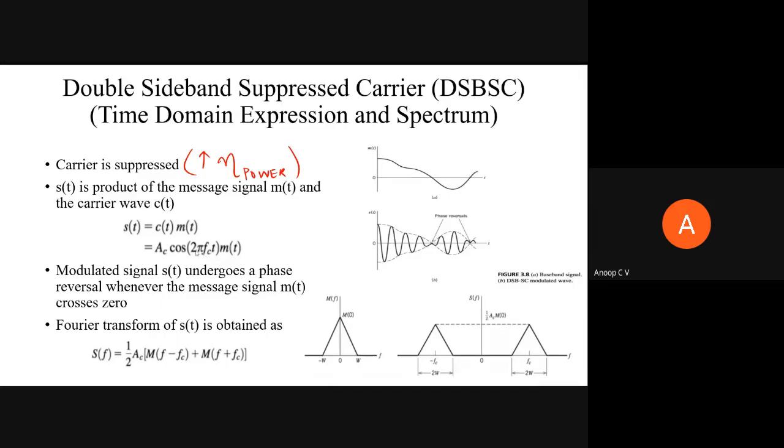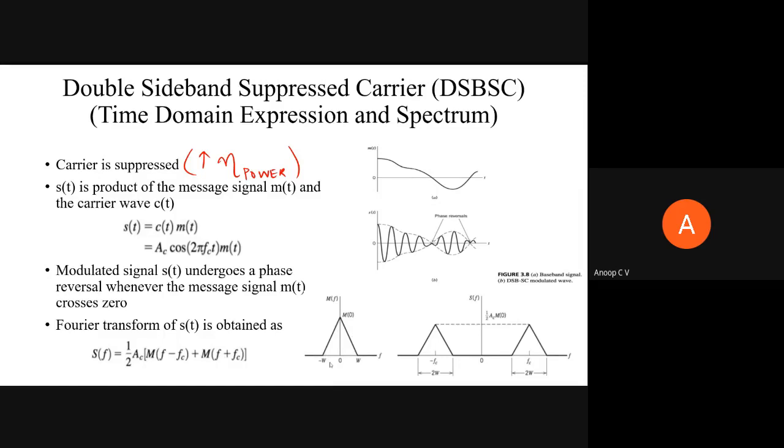I have discussed this initially. What will happen to a baseband signal's spectrum when it is multiplied with a cosinusoid of frequency f_c? We have already discussed it. If you think I should discuss it once again, I can do that, but you should let me know through the chat window. So how is S(f) equal to half A_C into M(f minus f_c) plus M(f plus f_c)? How is it like this?